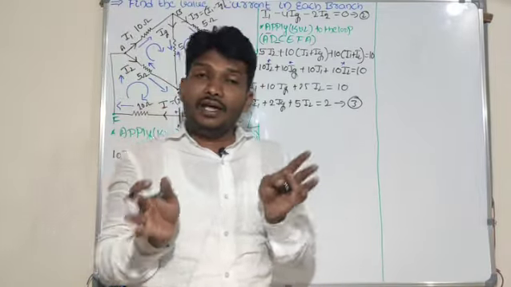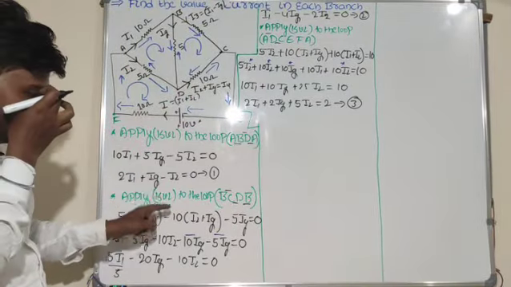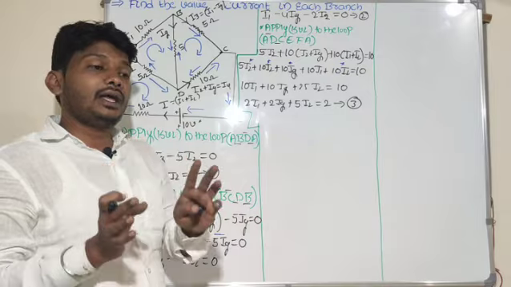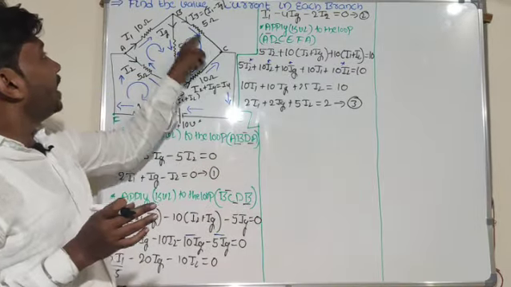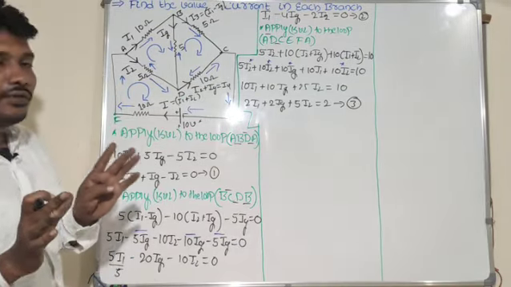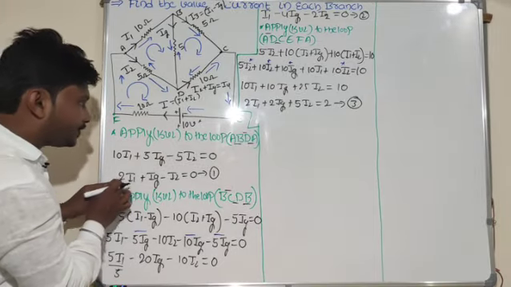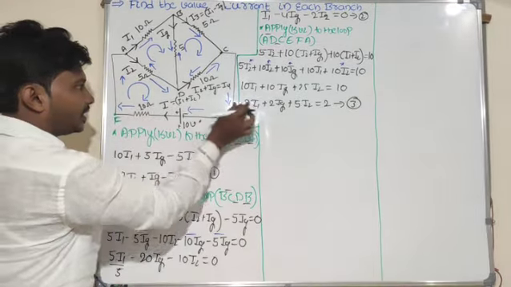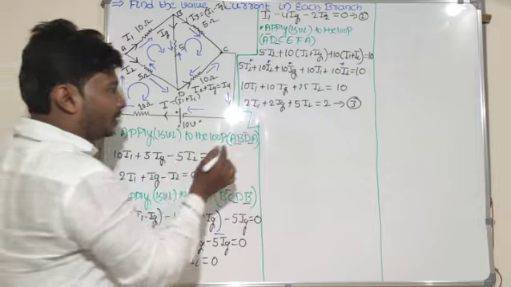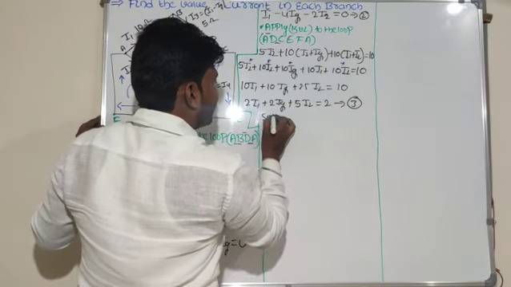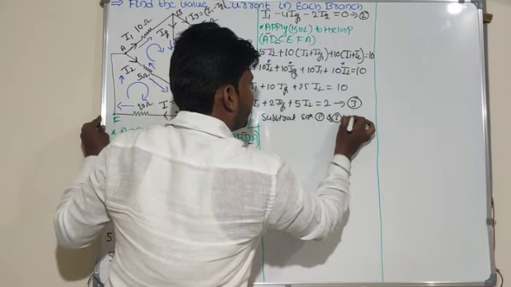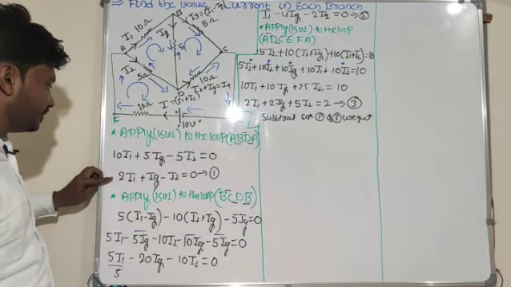Now by using the KVL law and the KCL law, I got equation 1, equation 2 and equation 3. Now my duty is to find the I1 value, I2 value, Ig value, I1 minus Ig value, I2 plus Ig value. So I need to find the branch currents, right? For getting these, I will take equation 1 and equation 3. Here 2I1 is there, here also the 2I1 term is there. If I subtract equation 1 and equation 3, I will get one more equation. Now subtract equation 1 and 3.